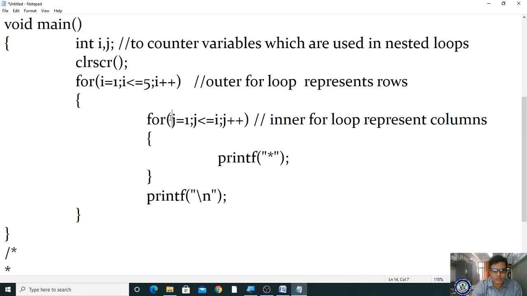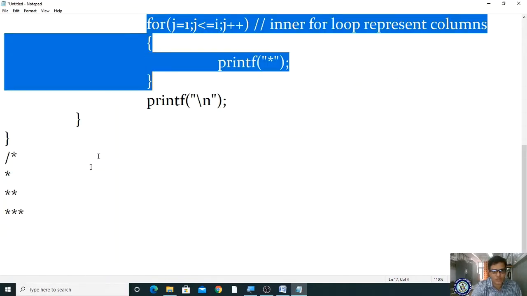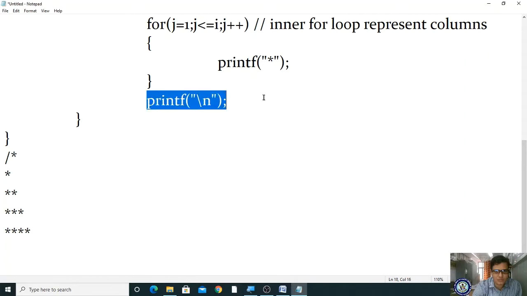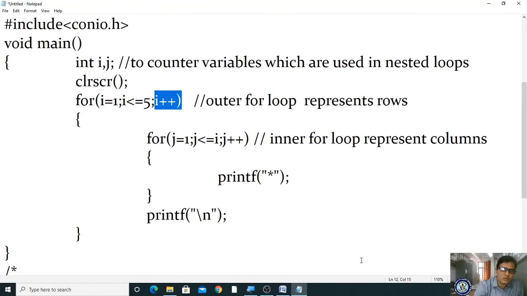In the inner for loop, the j value is assigned as 1, because whenever the control comes to the outer for loop, the inner for loop counter variable will be set to whatever we first assigned. Okay, so now 1 less than or equal to 4, condition is true. So this block will be repeated 4 times, so you are going to get 1 2 3 4, right? Now j becomes 5. 5 less than or equal to 4, is the condition true? False. So automatically control moves to the next line, because this printf statement is there, right? So whenever the control moves, it will come here, and then it will come to the outer for loop. Now what is the outer for loop value?